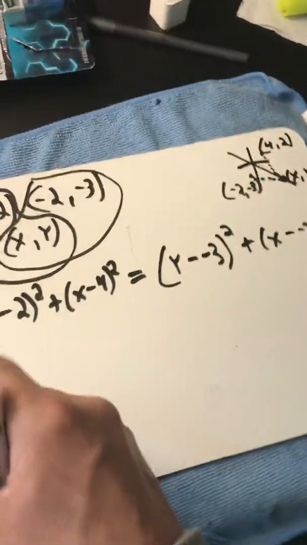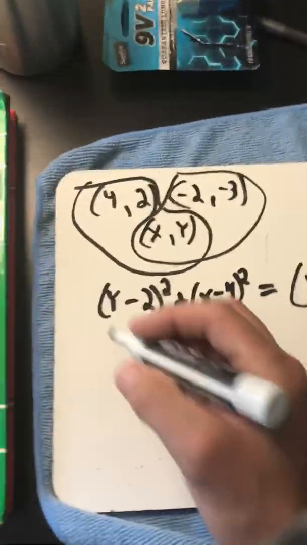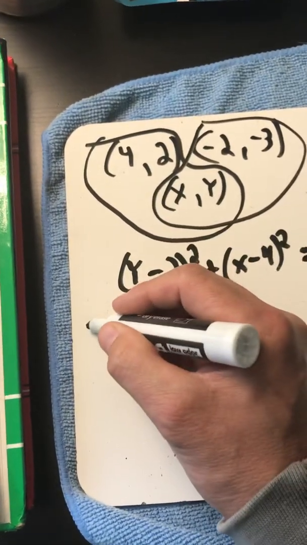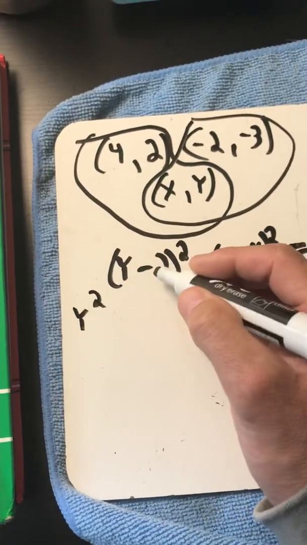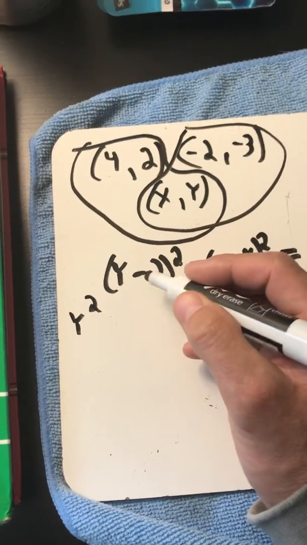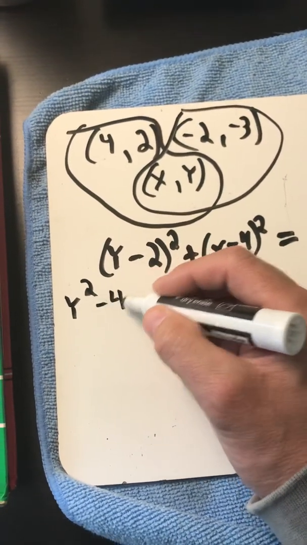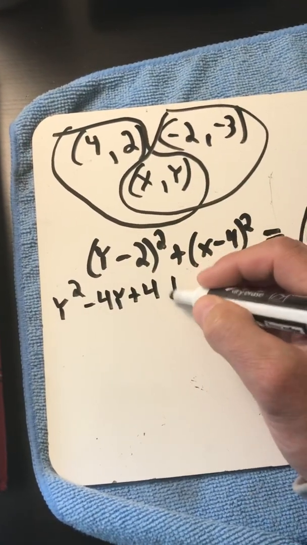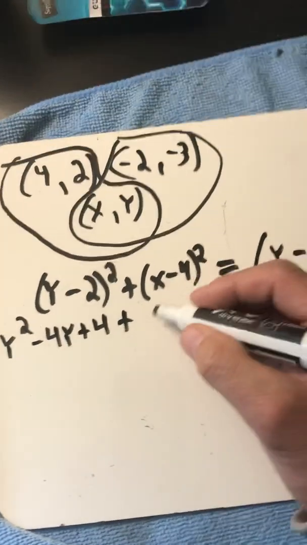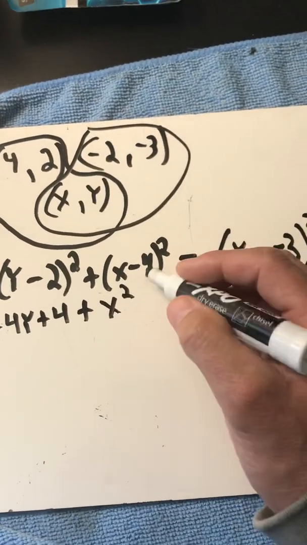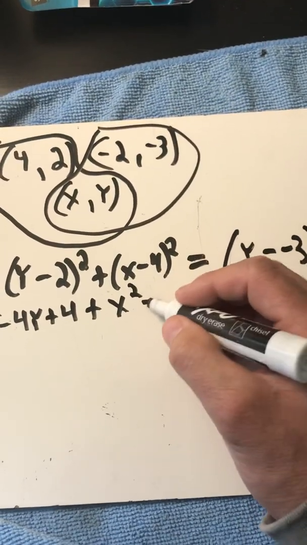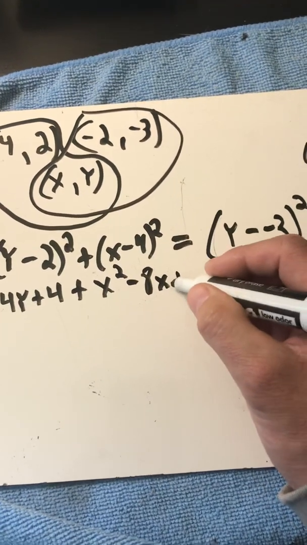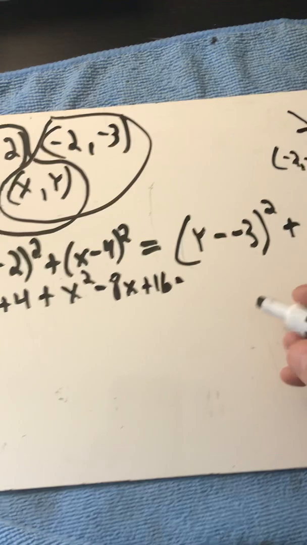Now we got to FOIL all of these things, all right? So y minus 2 squared, that is y squared minus 2y minus 2y, which is minus 4y, and then negative 2 times negative 2 is plus 4, plus x times x, x squared, negative 4x, that's negative 8x, and then negative 4 times negative 4 is positive 16, equals